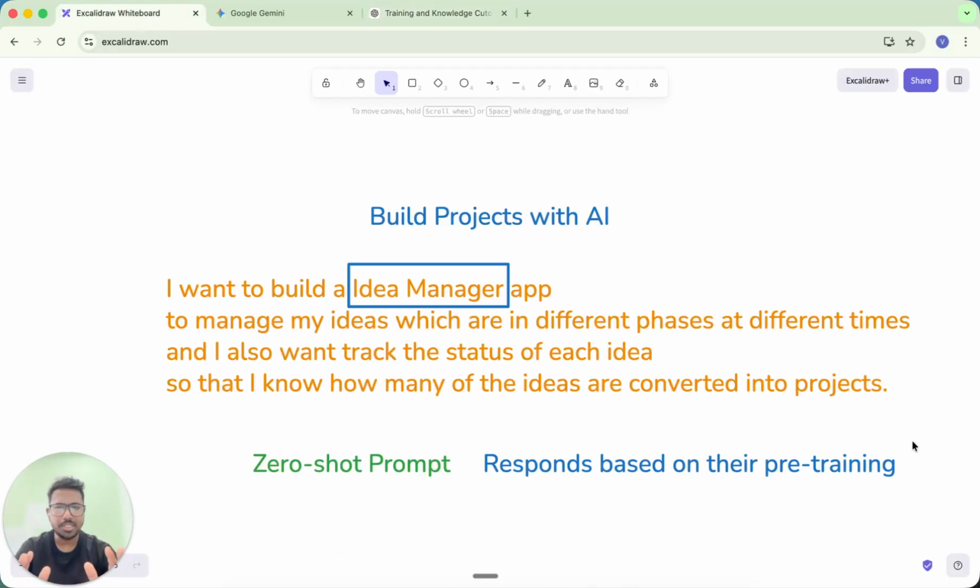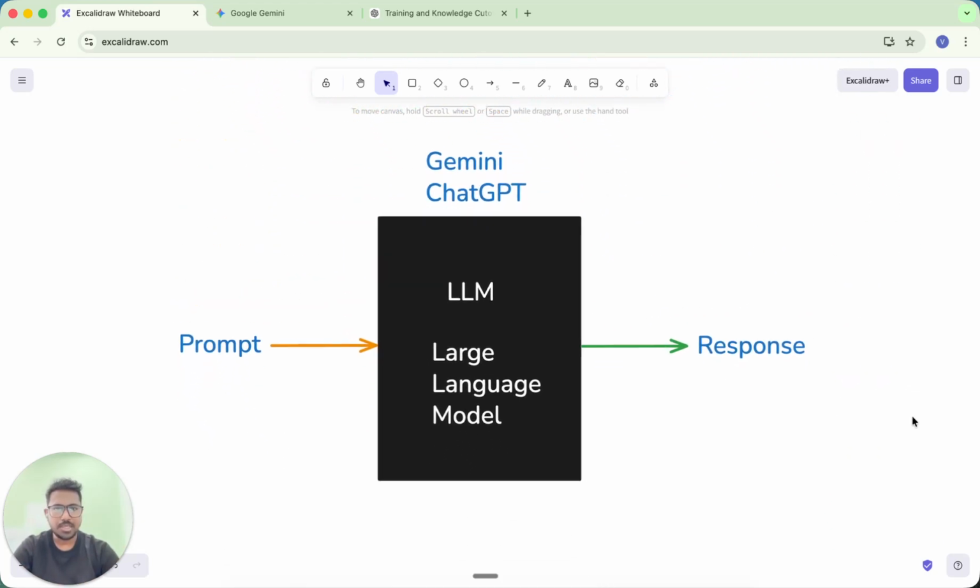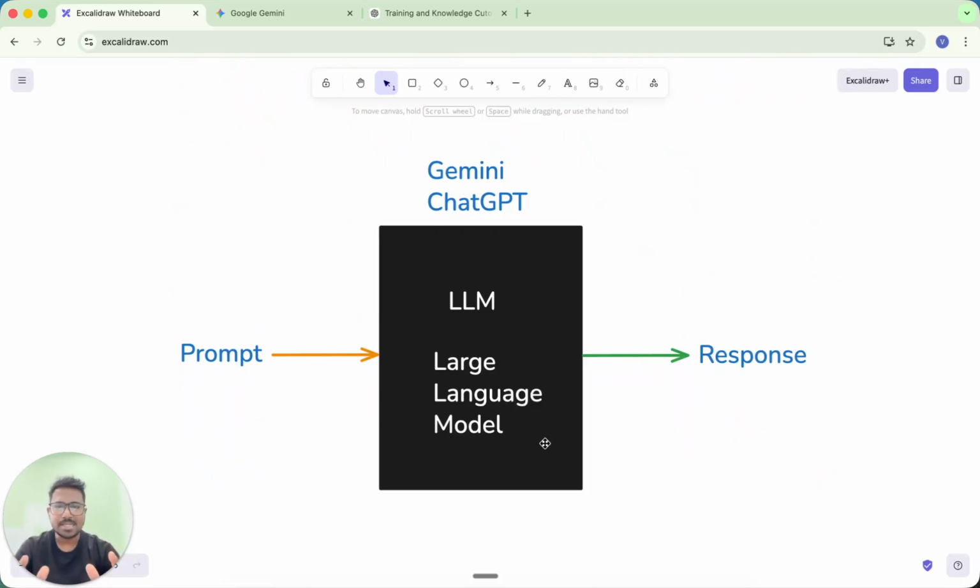Let me briefly tell you what exactly these LLM tools are. Very broadly speaking, imagine a black box, let us call it a large language model. Both Gemini and ChatGPT come under the umbrella of models called large language models. They are software tools, artificial intelligence models, which were trained on large amounts of textual content from the internet, from books, all the data that we could create as humans, and that information was put together to train these artificial intelligence or machine models.